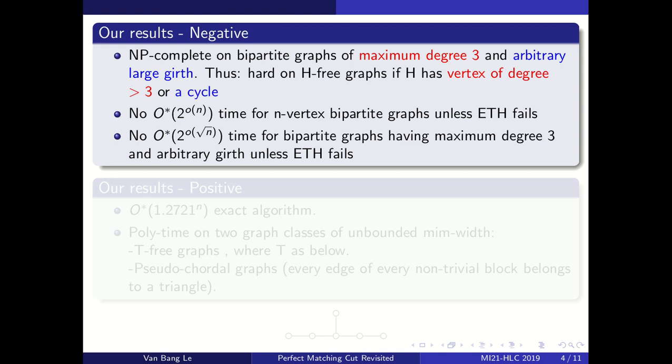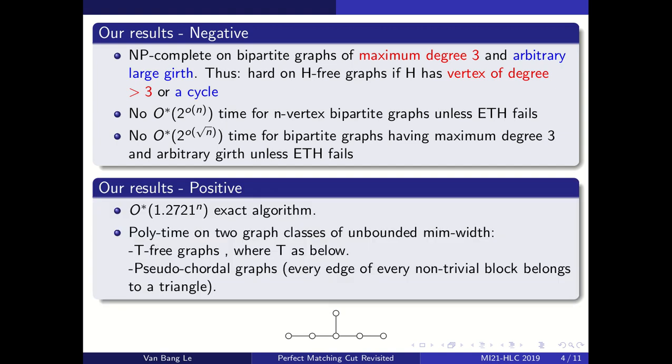Okay, we show also that on n-vertex bipartite graphs, unless the exponential time hypothesis fails, we cannot have an algorithm which is sub-exponential in the number of vertices. And for bipartite graphs having maximum degree 3 and arbitrary girth, we cannot have an algorithm of running time 2 to the little o of the square root of the number of vertices. Okay. On the positive side, we give an exact algorithm with runtime 1.2721 to the n,